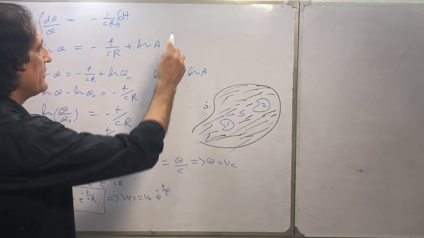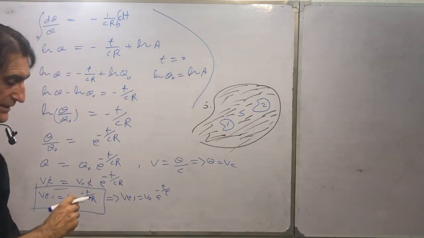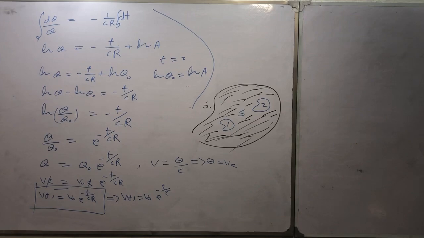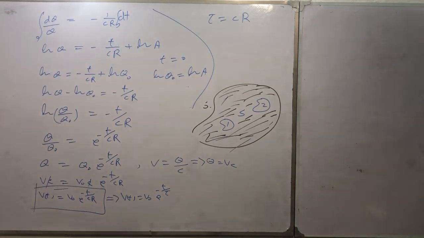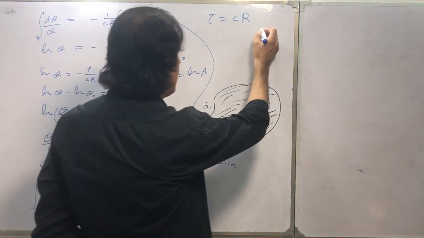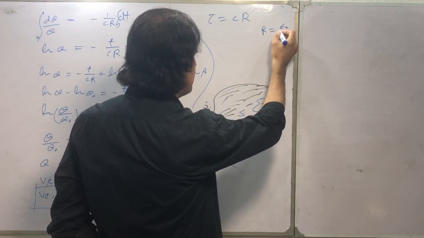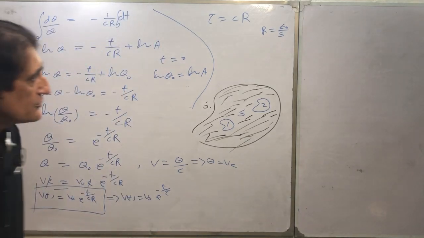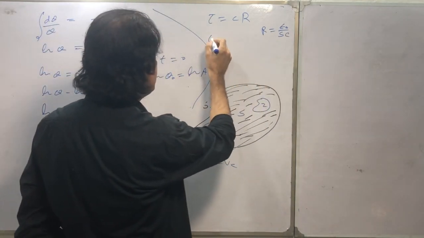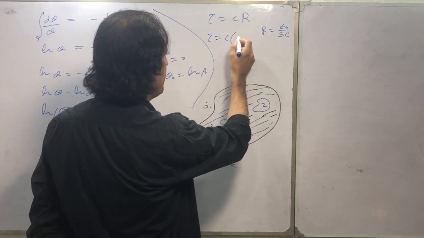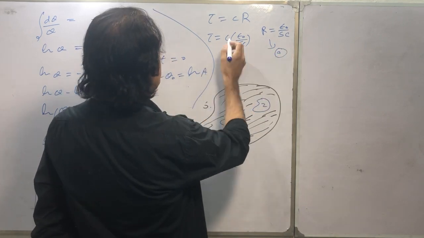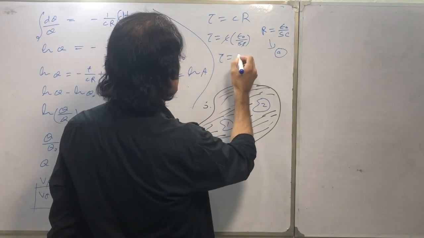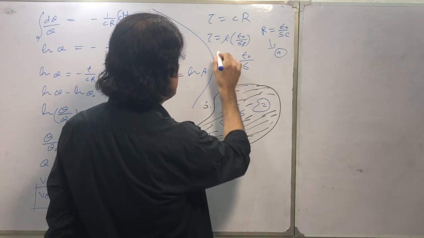And we are also asked to find that tau is equal to RC. And what is R from the previous case? From part A, R is epsilon naught divided by sigma C, and we also know C. Then tau is equal to C epsilon naught divided by sigma C. Then this C will cancel with this, and tau is equal to epsilon naught divided by sigma, and we are